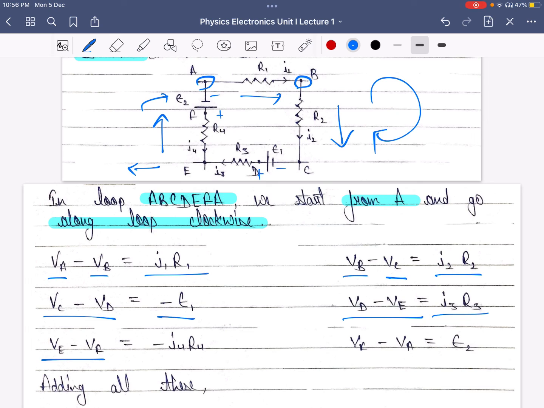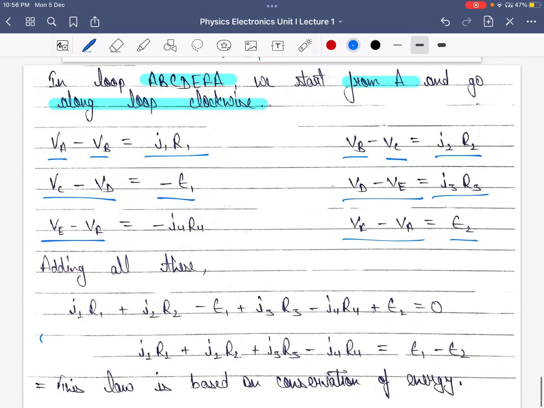As for the branch FA, Vf minus Va is equal to E2 because we are traveling from higher potential to lower potential, plus to minus. Now adding all this, we have I1 R1 plus I2 R2 minus E1 plus I3 R3 minus I4 R4 plus E2 is equal to 0. From this we get I1 R1 plus I2 R2 plus I3 R3 minus I4 R4 is equal to E1 minus E2, which shows that this law is also based on the